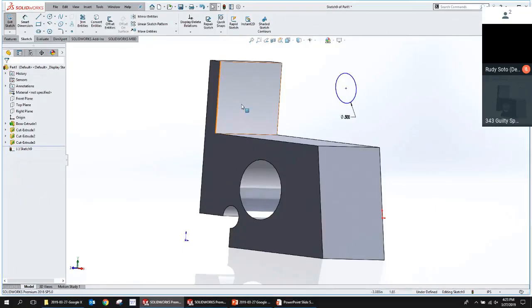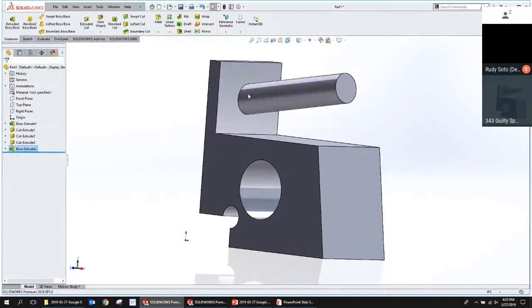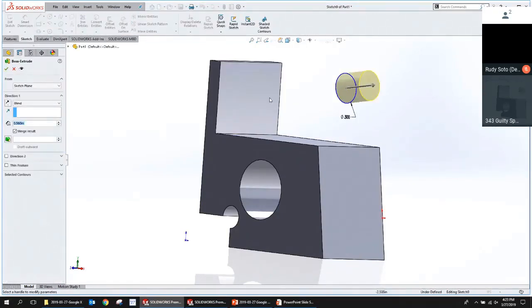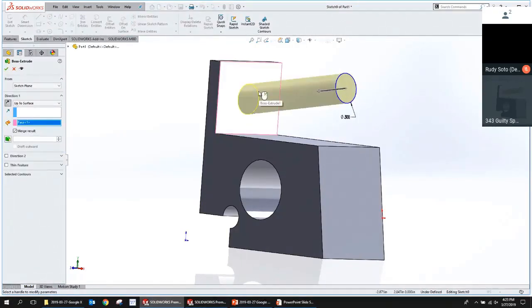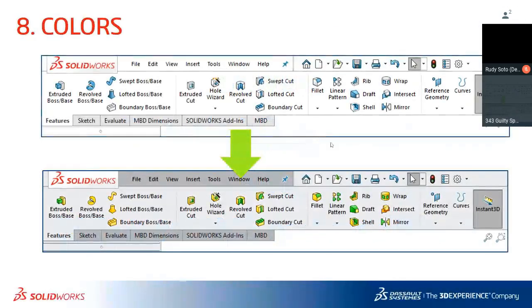Well, if you double click on a surface, it automatically becomes up to surface. So I go extrude, double click, right mouse button to finish. I'm here in the sketch extrude. I just double click, that changes the end condition to up to surface, and now the mouse is telling me if you right click, that's the same as doing a green check mark. So I just green check mark to finish that one off. So that's another really good one to save yourself having to keep going back and forth, back and forth.